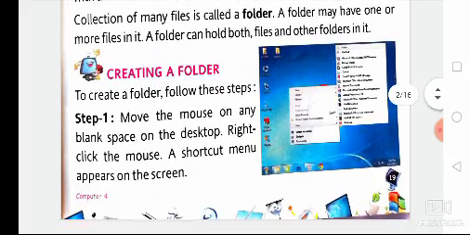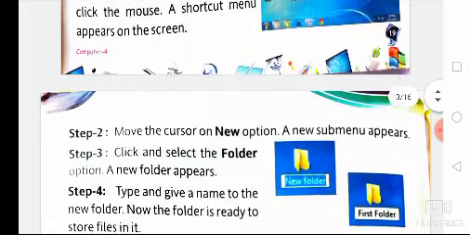Then how to create a folder? Let us check the steps to create a folder. Step 1. Move the mouse on any blank space on the desktop. Right click the mouse. A shortcut menu appears on the screen. Then step 2.